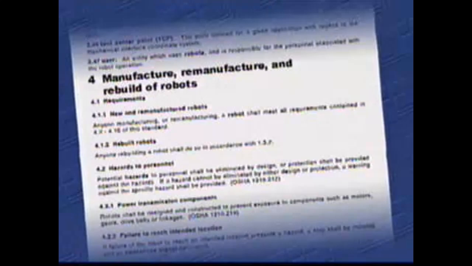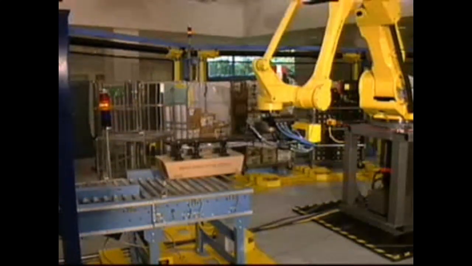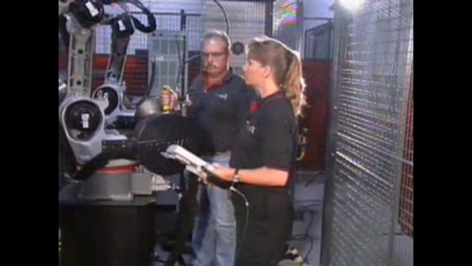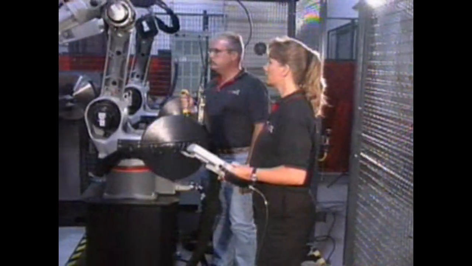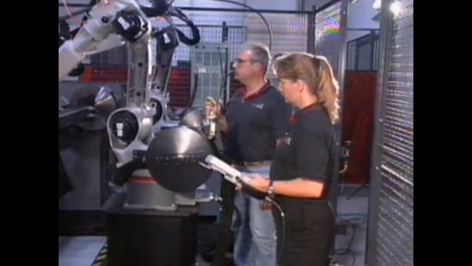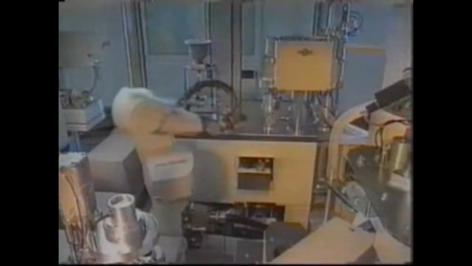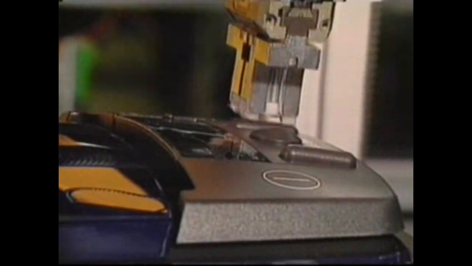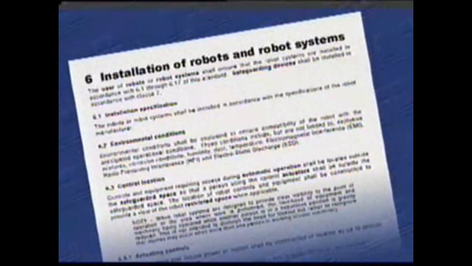A robot can carry heavy weights, move quickly over large distances, or use sharp or otherwise dangerous end effectors when performing a task. Personnel in the robot's environment can be at risk of injury if safety practices or procedures are not utilized. To maximize personnel safety in a robot environment, users must ensure that the system be installed in accordance with the installation guidelines presented in Section 6 of the Robot Safety Standard.